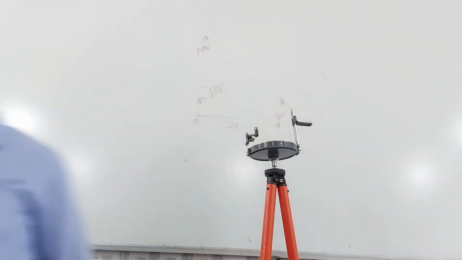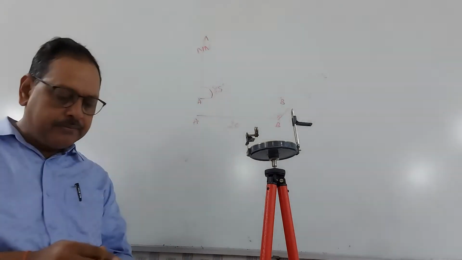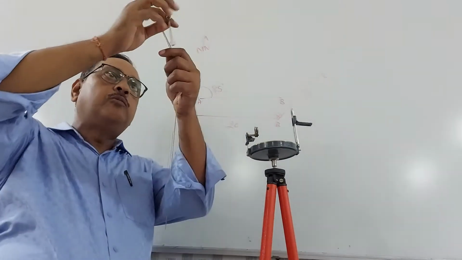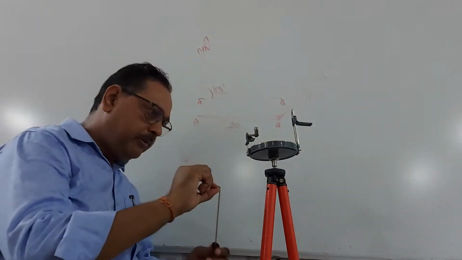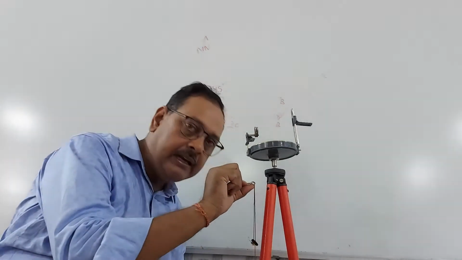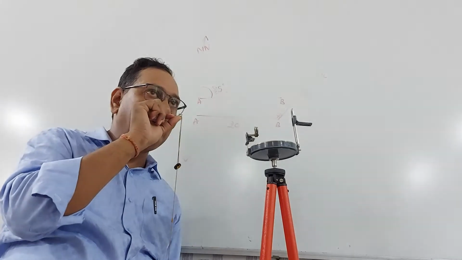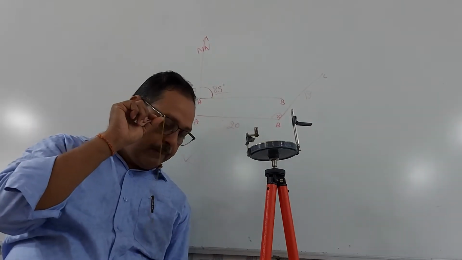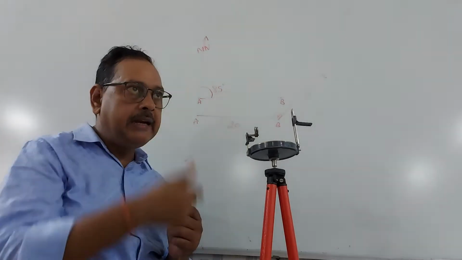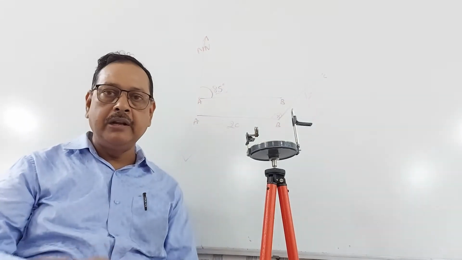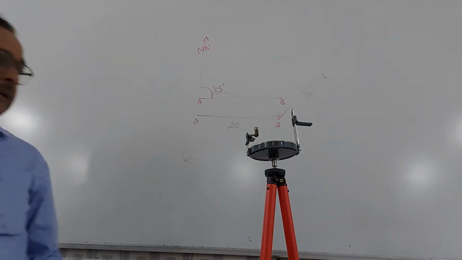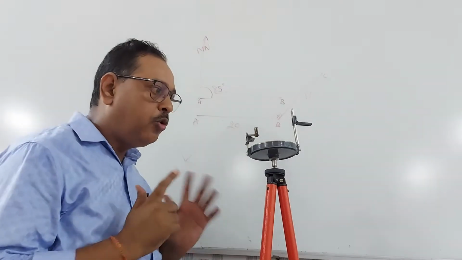But if you want more accuracy, you may use this type of plumb bob, which is called a plumb bob. By using the plumb bob, you put it here at the center and check whether it is exactly mounted on that particular center or not. If movement is required, then with the help of the leg, move it and get it exactly centered at that particular station. Right? Then the third part is orientation.